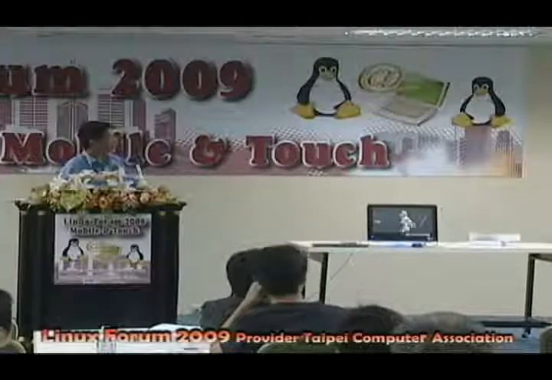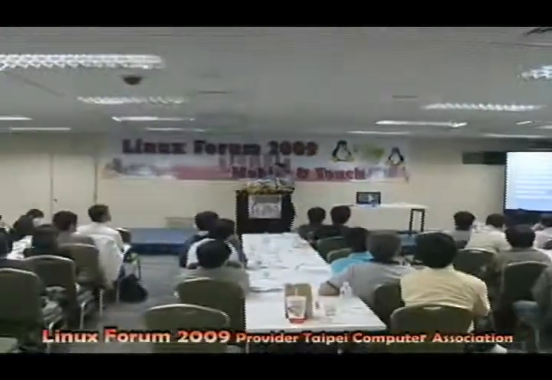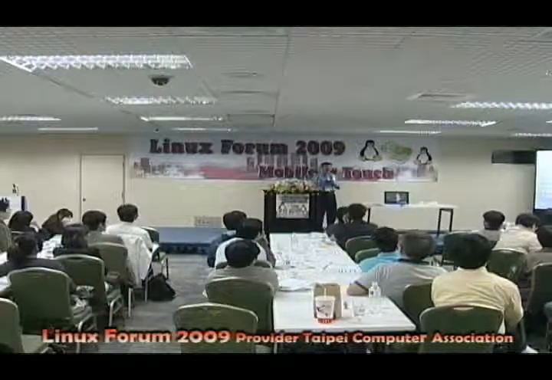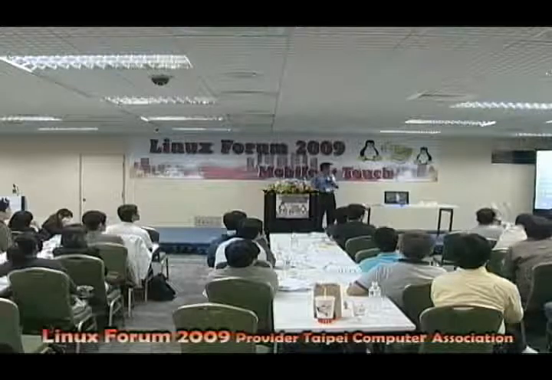Yeah, actually, I think the material will be available from the Linux forum, so you don't really need it. Clutter is an open source project. There's a very